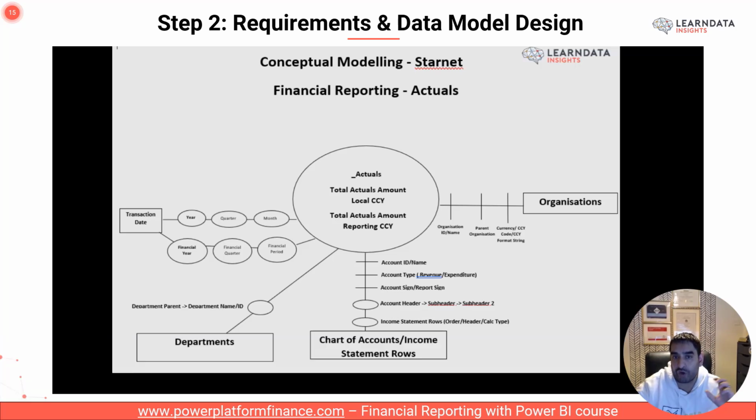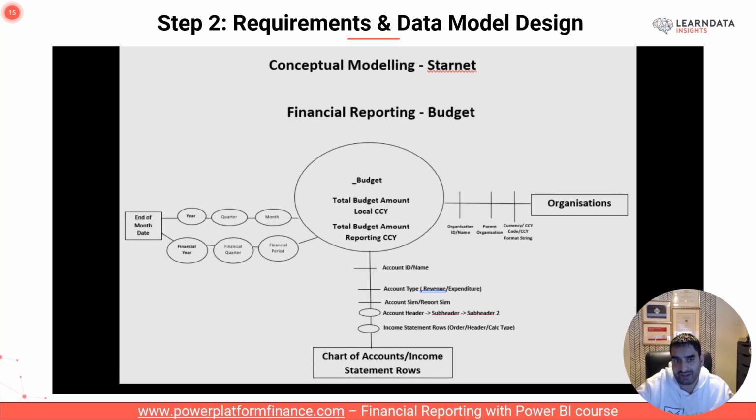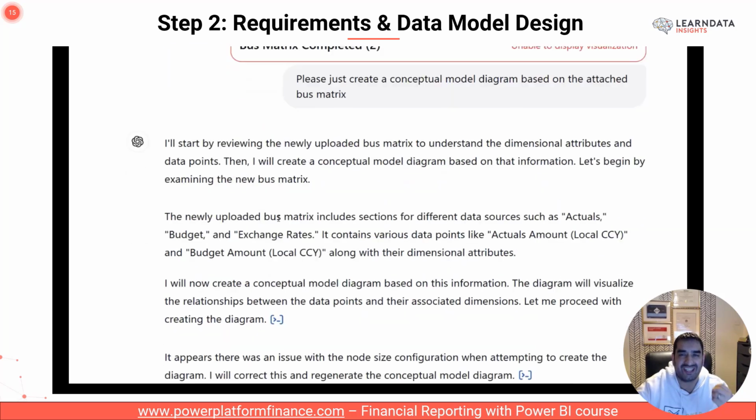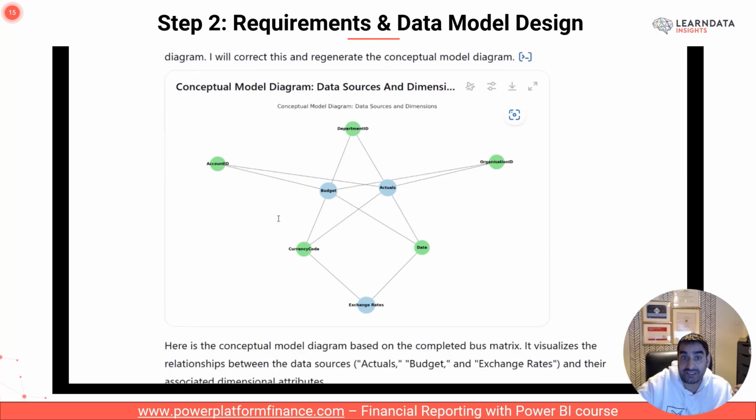We can see we've got two fact tables, two diagrams, actuals and budget. For actuals, we've got our amounts in local currency and reporting currency, and in the branches we've got organisations, chart of accounts, income statement rows, and so on. And again, same with budget, one less dimension there in terms of the departments, but very similar in terms of organisations, chart of accounts. Let's again ask ChatGPT to just produce a conceptual model in whichever format it likes, and